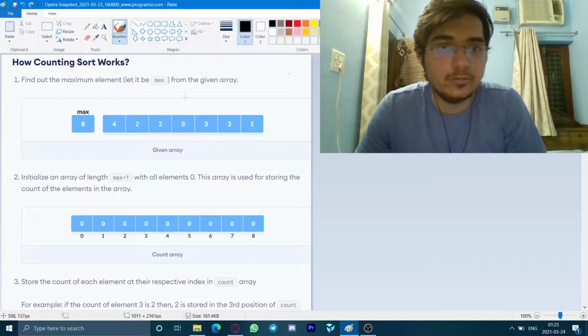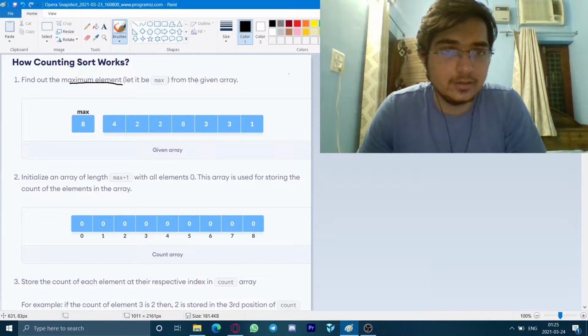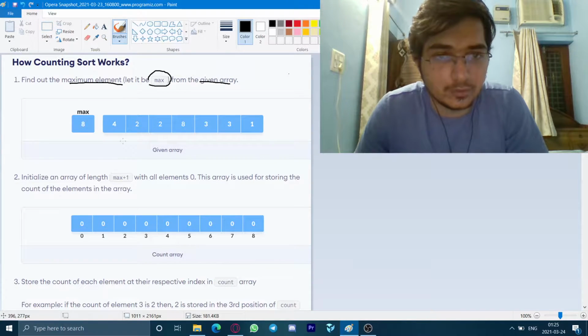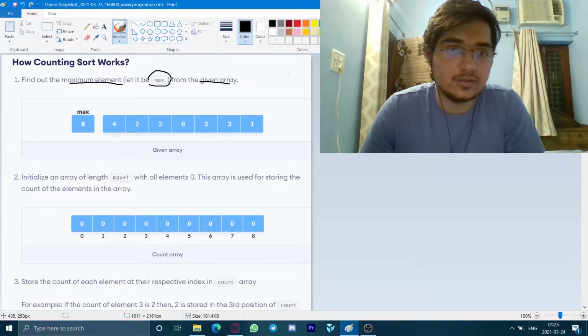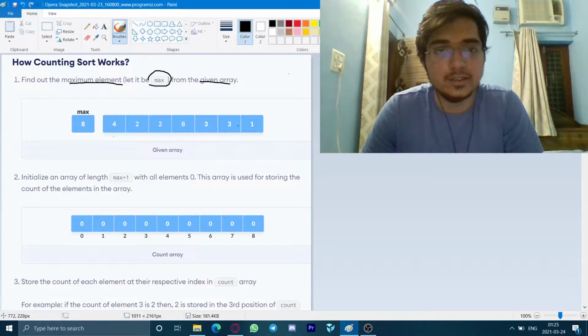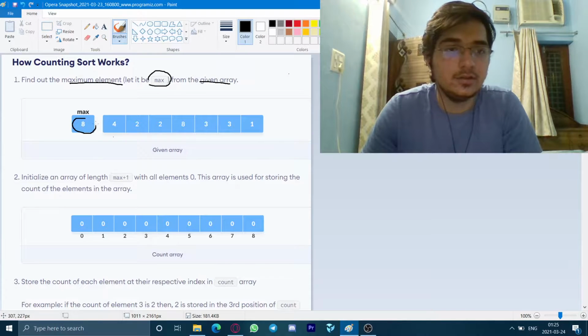So first of all, we will be taking out the maximum element from the given array, and we will be calling it max. As we can see, the given array has 4 2 2 8 3 3 1, and obviously the maximum element is 8. So we will store it in a variable named max.